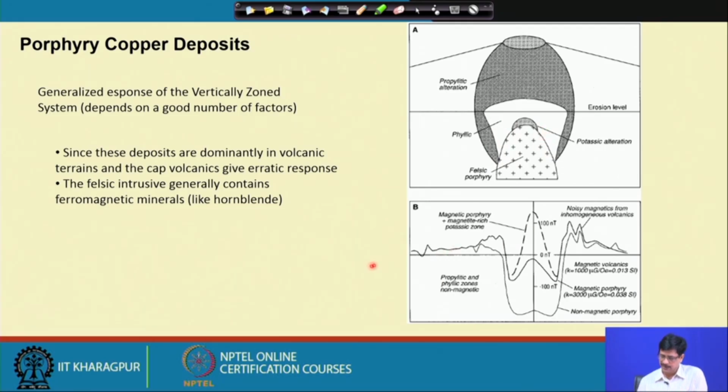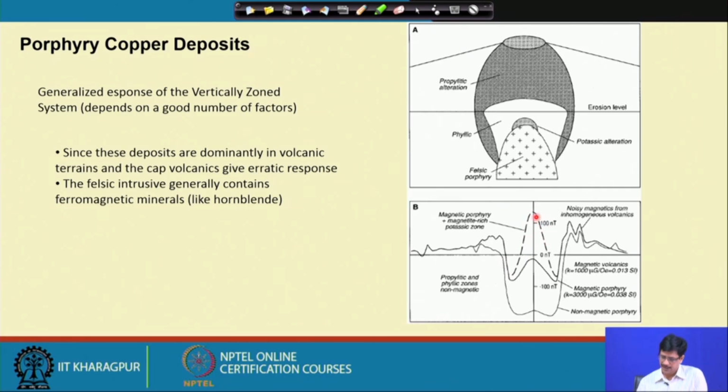So, there could possibly be three situations which might come up. The first one is the magnetite porphyry plus magnetite-rich potassic zone. Sometimes the potassic zone is magnetite rich by the breakdown, sorry, the oxidation of the biotite to potash feldspar plus magnetite assemblage, then this zone could become magnetite rich and it will give you a positive magnetic anomaly going up to